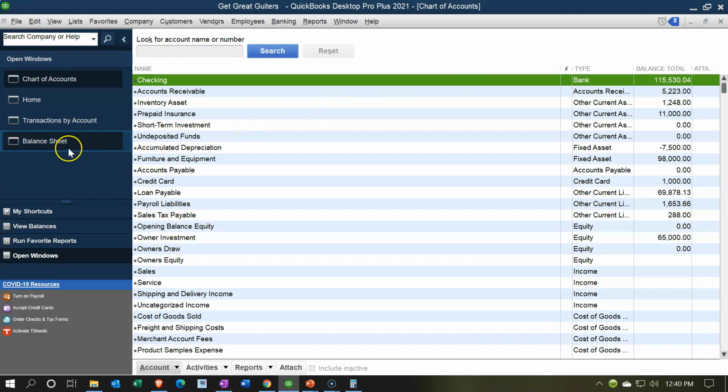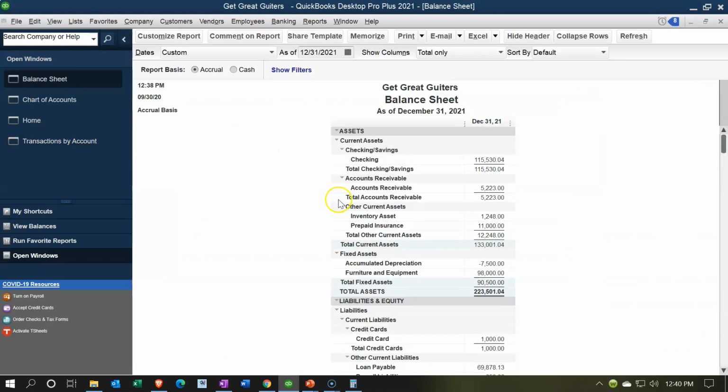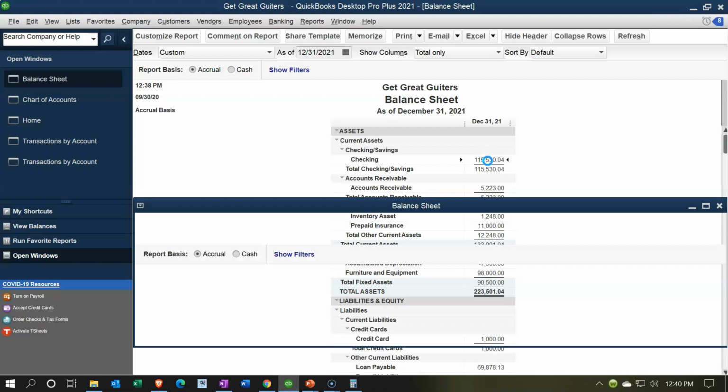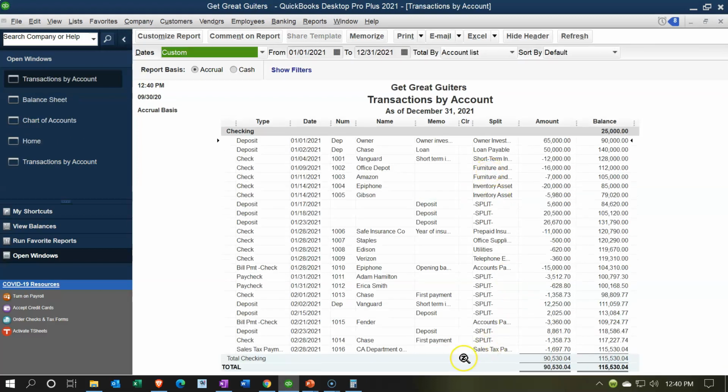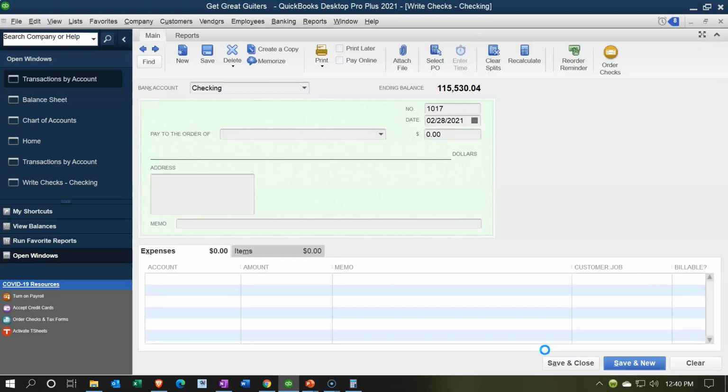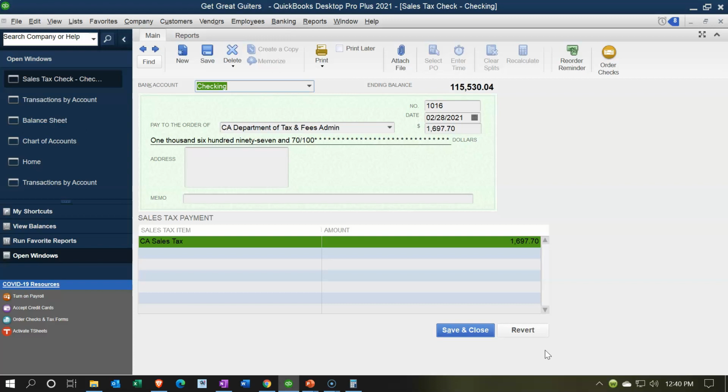Let's go to the balance sheet and check out what we have. Balance sheet, going back up top, checking account, double clicking on the checking account, scrolling down, we then have the sales tax payment here. It's a check again, but you can see that we have a different type indicated. It says sales tax payment. That's basically telling you it's like a check, but it really went through that sales tax module, which is nice, that you have that little differentiation even in the GL type of report or transaction report. Going into it, you get to that same check. Closing this back out,